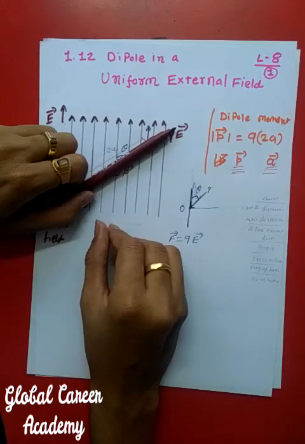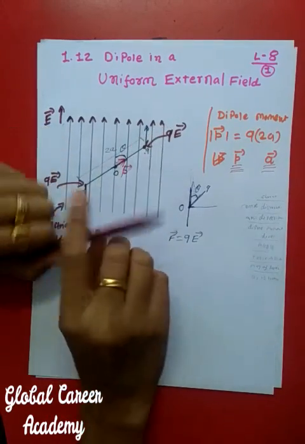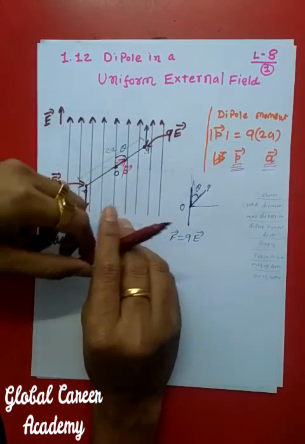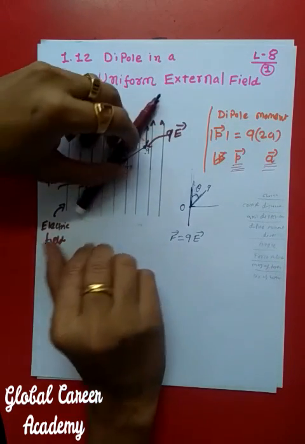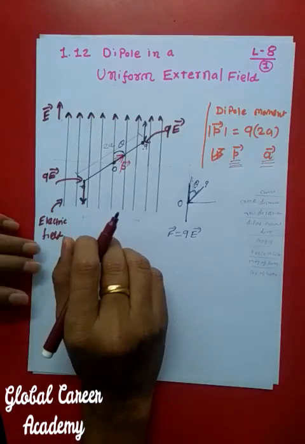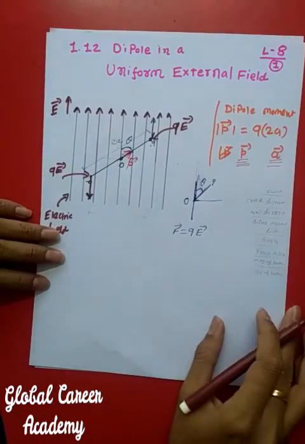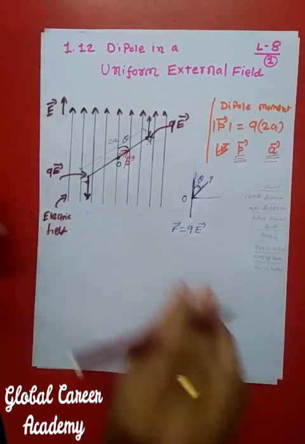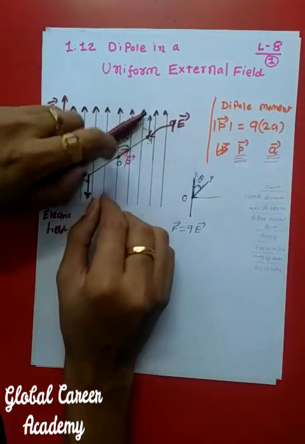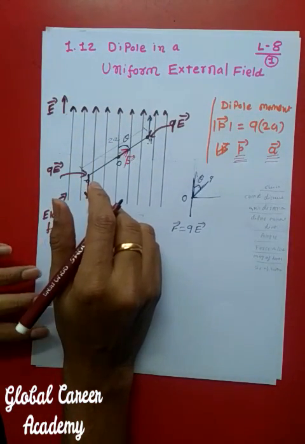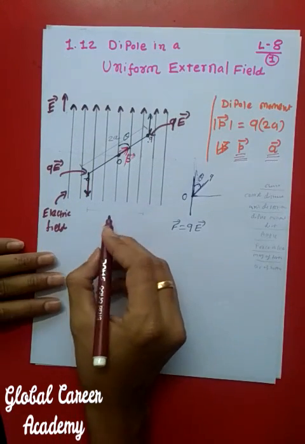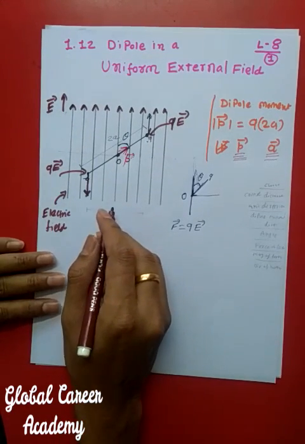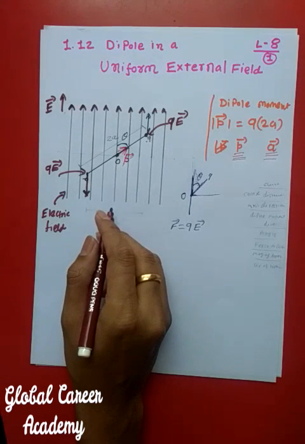Okay, so yeah, we were talking about the theta, and then what is the effect on the dipole due to this external field. So I hope you have understood that. Okay, now let us talk about the magnitude. Okay, here rotation has happened, which means the fundamentals of torque are applicable. Okay, so what we have discussed, if we talk about torque, then what will be the torque's magnitude,